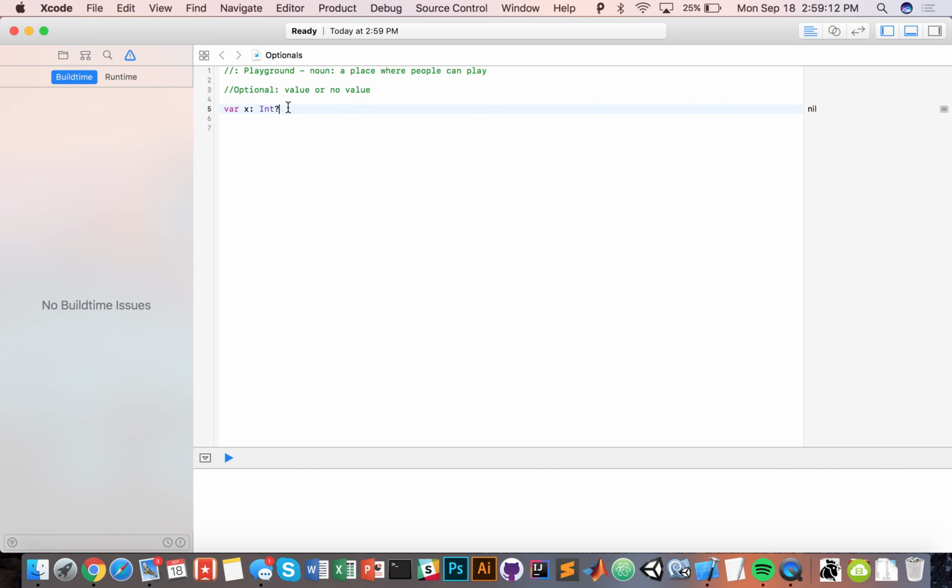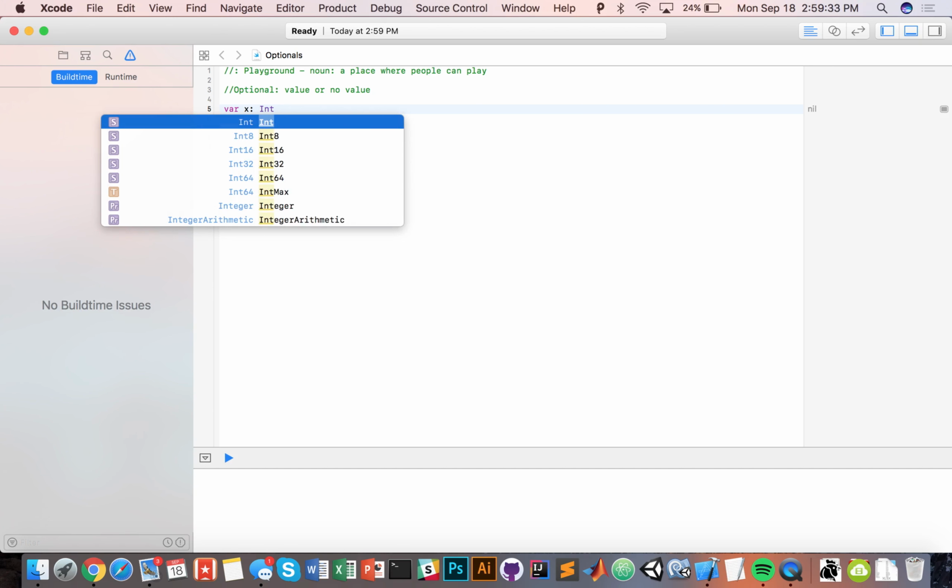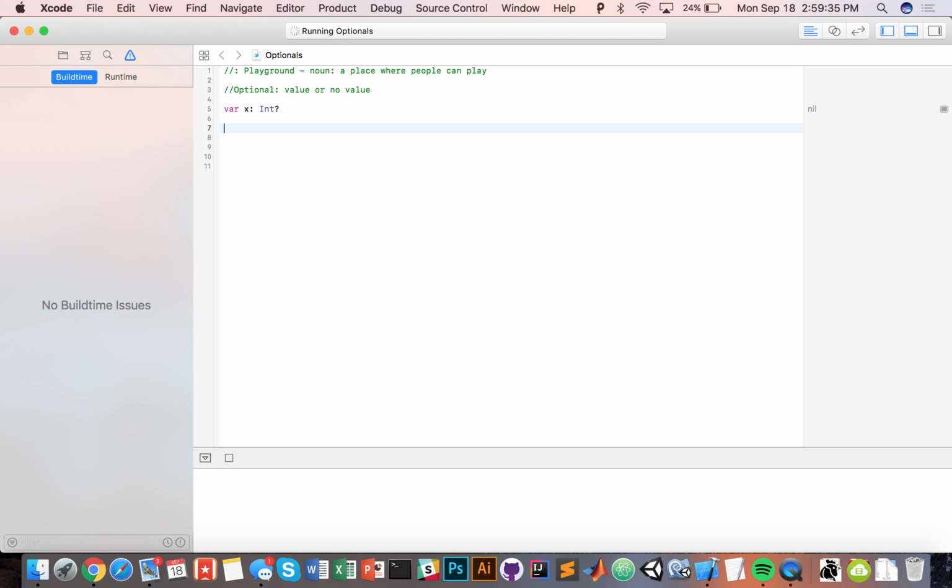Okay, so now that we understand some of the benefits of using these optionals, easy to read, forces you to think, and the compiler can check them, let's talk about some use cases where you'd actually want to use an optional. Like I said before, whenever you're declaring an optional, you want to use this question mark after it. If we don't have that, we can just explicitly define it to be a 0. If we don't know what's going to be defined right now, we'll just say question mark. Okay? So let's let possibleNumber